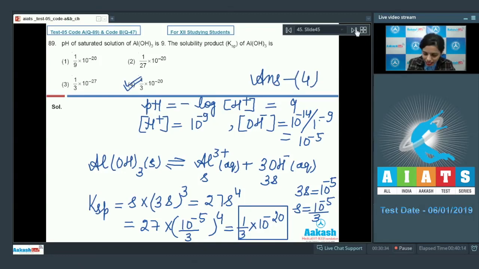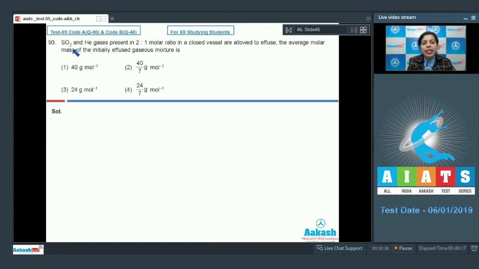Now after this, there's the last question. Question number 90. SO2 and helium gases present in 2:1 molar ratio in a closed vessel are allowed to effuse. The average molar mass of the initially effused gaseous mixture is... It means we are talking about the effused gaseous mixture that has effused from that reaction mixture. So we have the two gases and we know the rate of effusion. Suppose we are talking about the rate of effusion of SO2, the ratio I'm taking here to